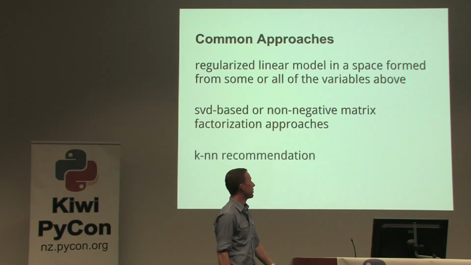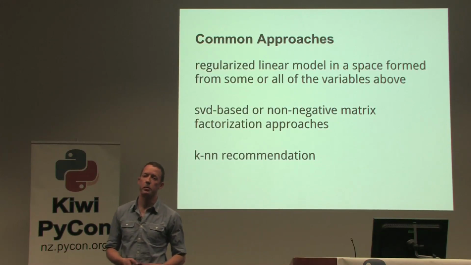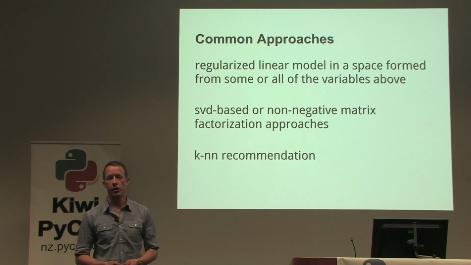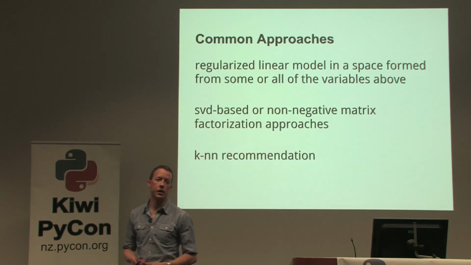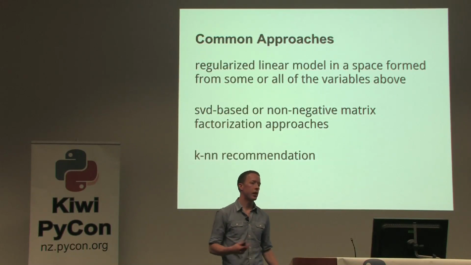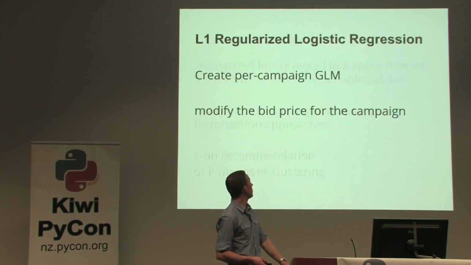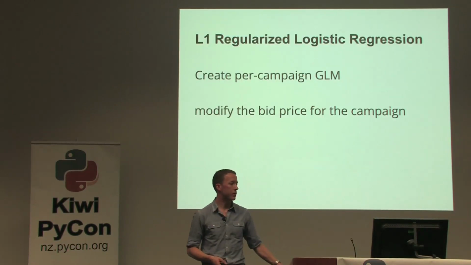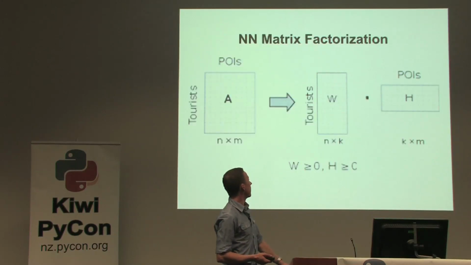So some common mathematical approaches you might try at this point would be L1 regularized logistic regression. It's basically linear regression with some tricks to account for lots of dimensions. You could use singular value decomposition or non-negative matrix factorization, or you could look at clustering the data that we've seen before here. So regularized logistic regression, I won't go into that too much, might not have time.